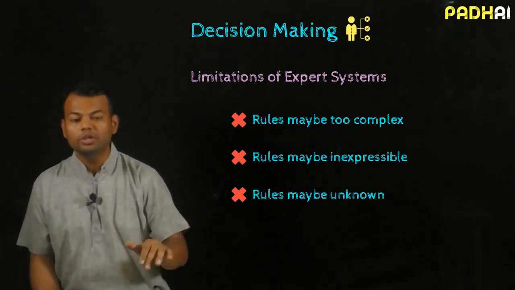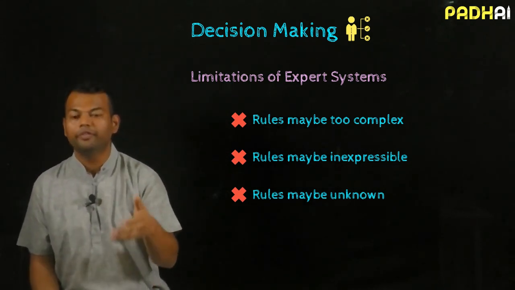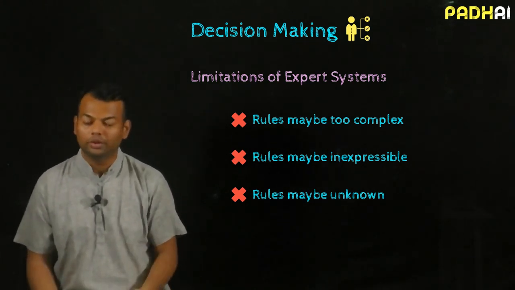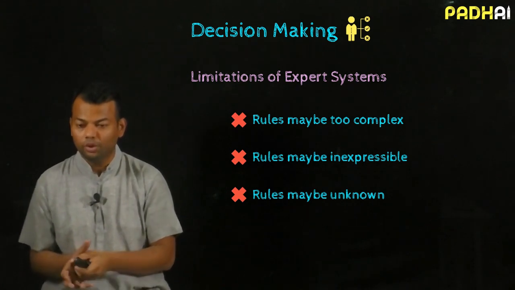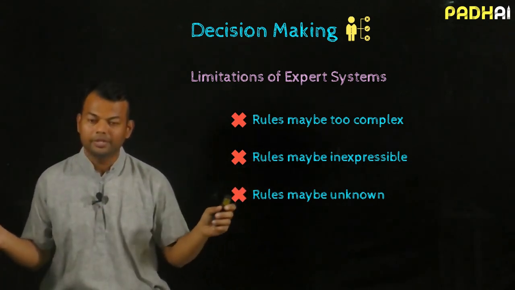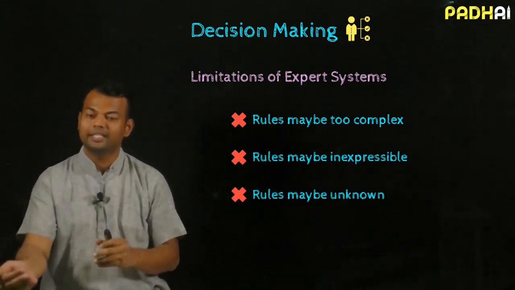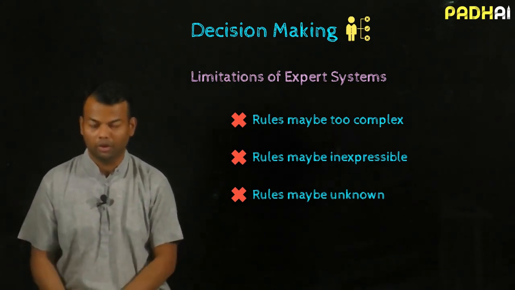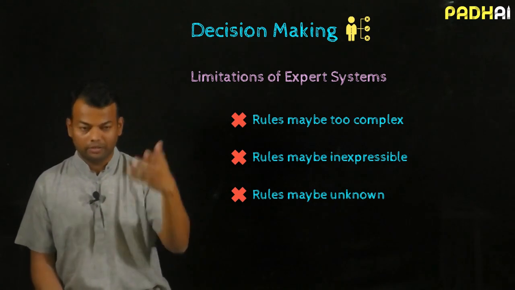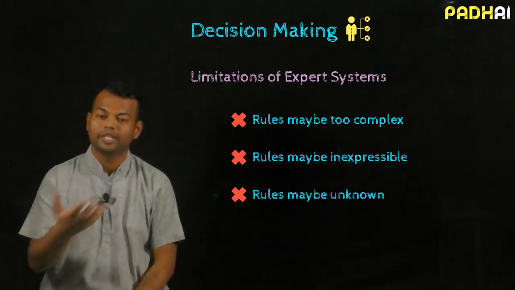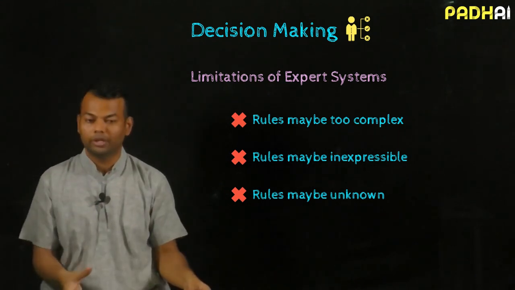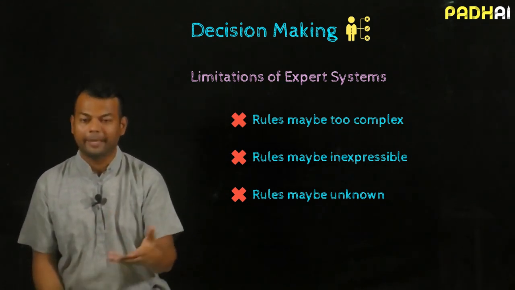In some cases, the rules may be completely unknown. For example, for dengue, the rules are known, but for Ebola, the rules are not really known. So doctors themselves don't know that if I look at a bunch of symptoms, which of these actually definitely say Ebola or definitely rule out Ebola. And this happens for new diseases as they come along, right? And in many cases, the first condition may also be true, that the rules are too complex, and hence a human can't really write them out in any expressible way, right?